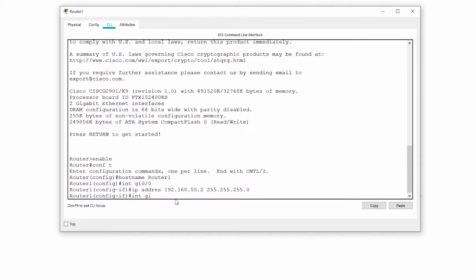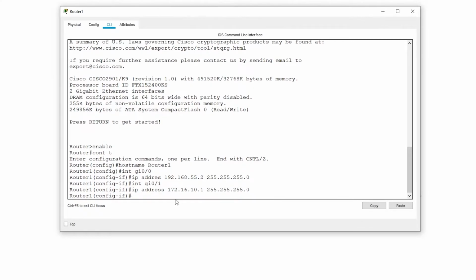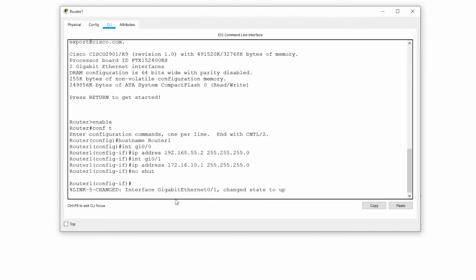We'll go to interface 0/1, IP address 172.16.10.1. If you notice, I didn't do no shut for the first one, so I need to fix that.